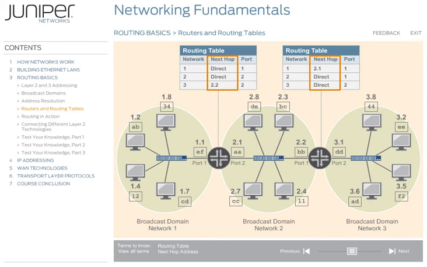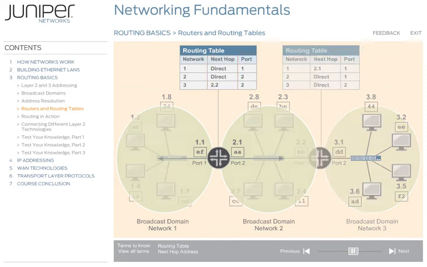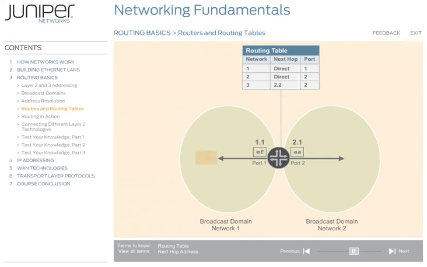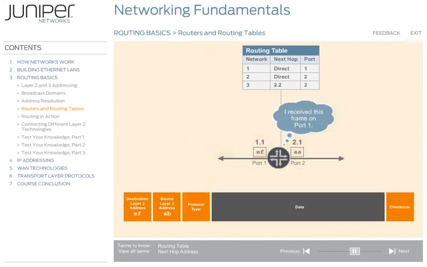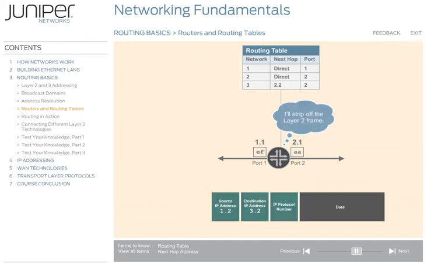When a router receives a packet, the router uses the routing table to make intelligent decisions on where to send the packet next. In this example, the router connecting Network 1 and Network 2 receives a frame on port 1. First, it examines the destination MAC address to see if it is the intended recipient. Because the frame is addressed to the router, it strips off the Layer 2 frame to inspect the Layer 3 addressing. The destination address is 3.2, so the router consults the routing table to find out where to send data